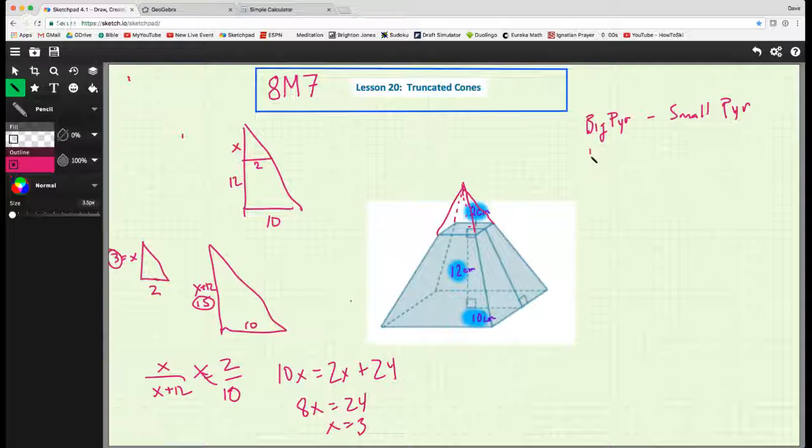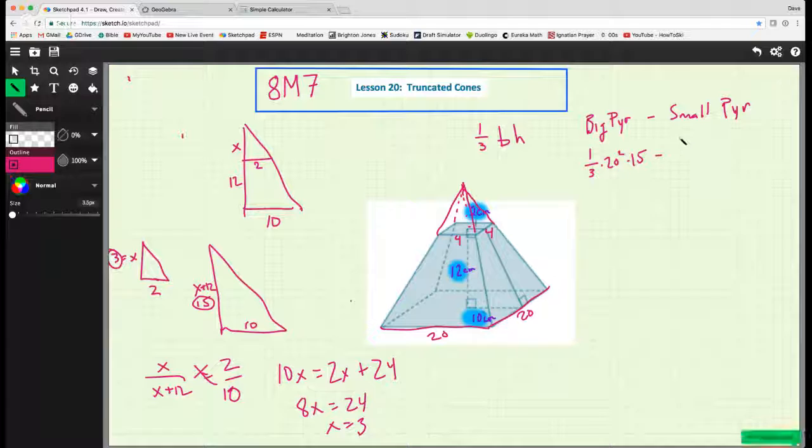So our big pyramid is 1/3. Okay, so we have to find our base, right? The volume of a pyramid, you have to calculate your base. And our base here, if these are squares, is if it's 10 is halfway across, 20 is all the way across. So this base is 20 times 20. Similarly, this guy is 2 times 2 is 4 by 4. So our base of our big pyramid is 20 squared. We're finding 1/3 of base times height. Base is 20 times 20 times the height, which is 15,